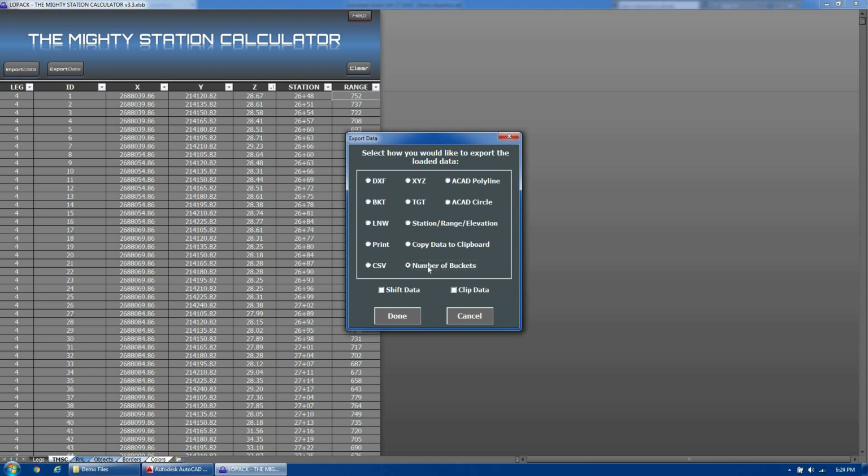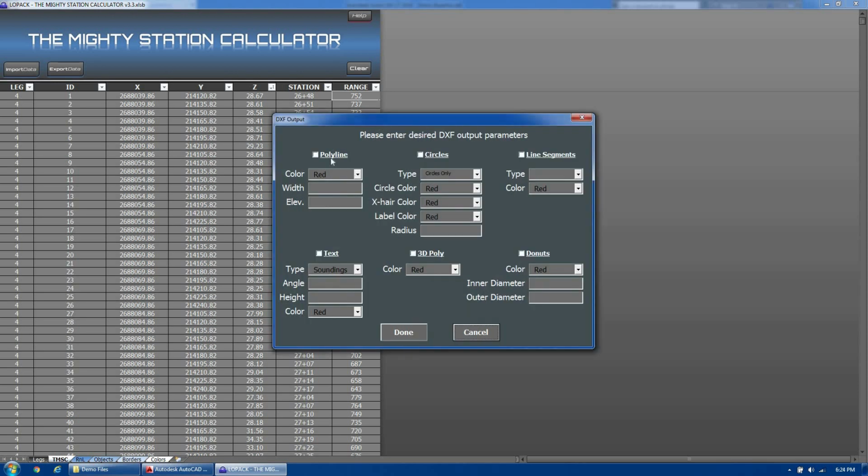And at this point you can also shift or clip the data as importing before it exports to the file type. It will shift and clip the data again if you want. So for this demonstration, I will export to a DXF, and it has 6 different options to include into your DXF. You can select all of them or just one,